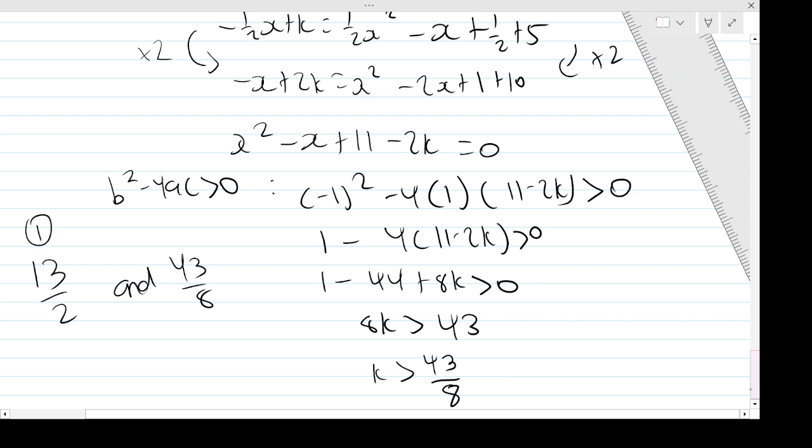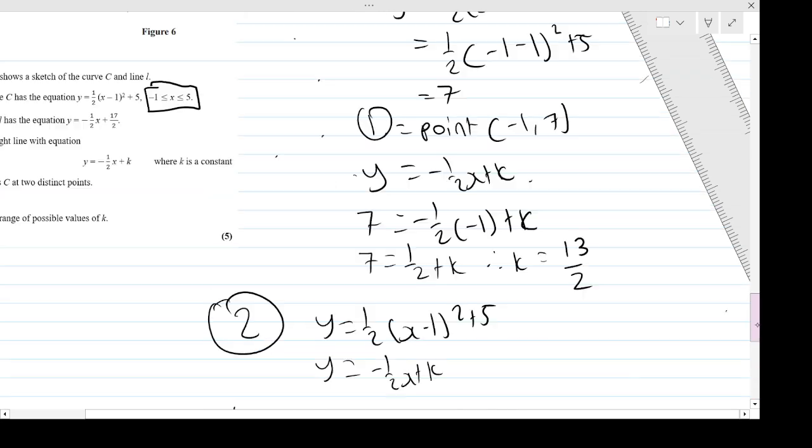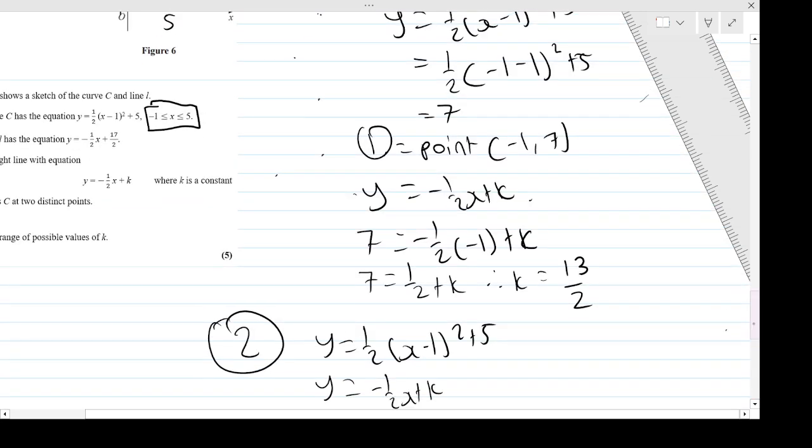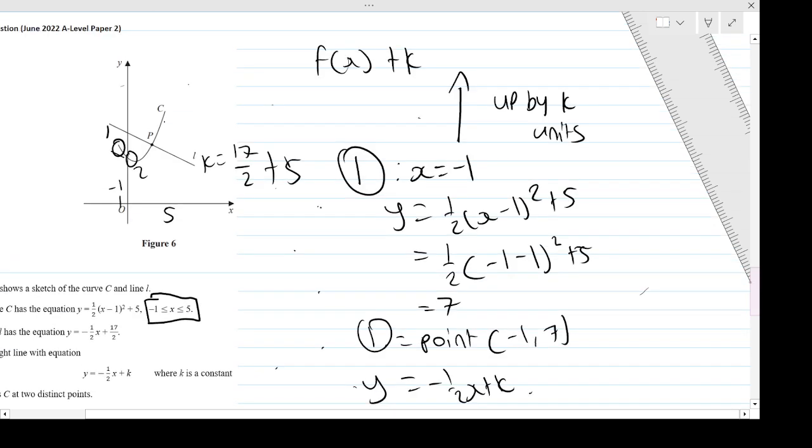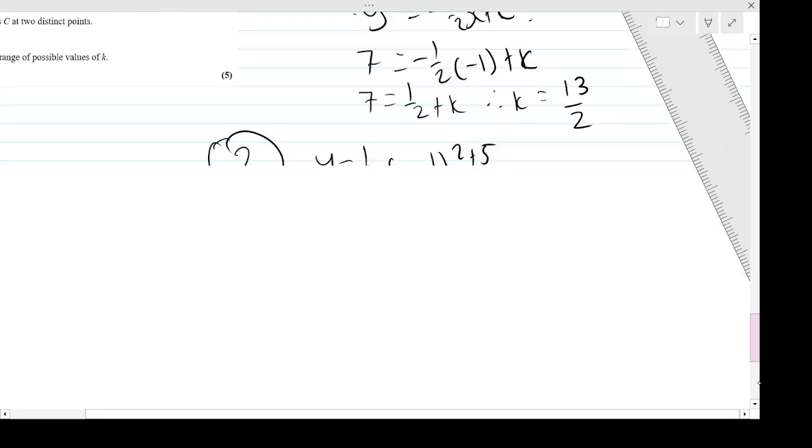Okay, if I were to circle that, that's k at point 1 and that's k at point 2. Okay, but particularly at point 2, we saw k was greater than 43 over 8. But then at point 1, well, you might think, k has to be, that's the highest value of k. So at point 1, again, the line goes downwards, doesn't it? To then eventually meet point 2. So k has to be less than